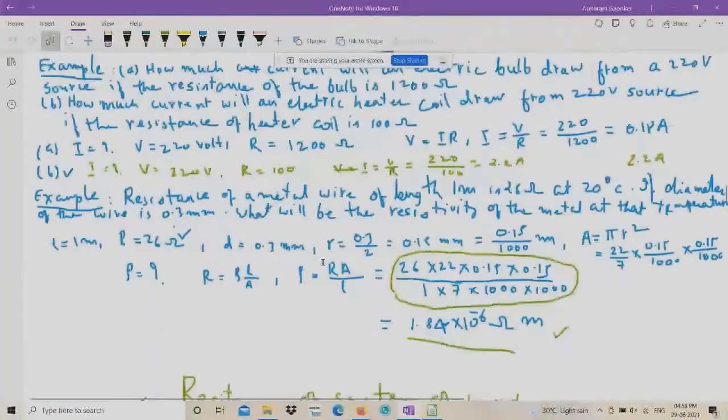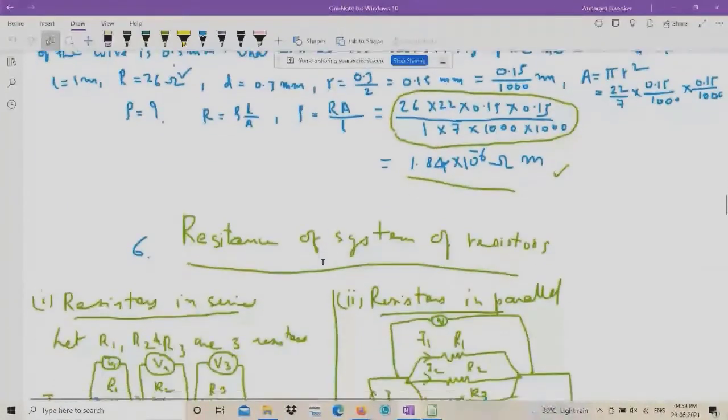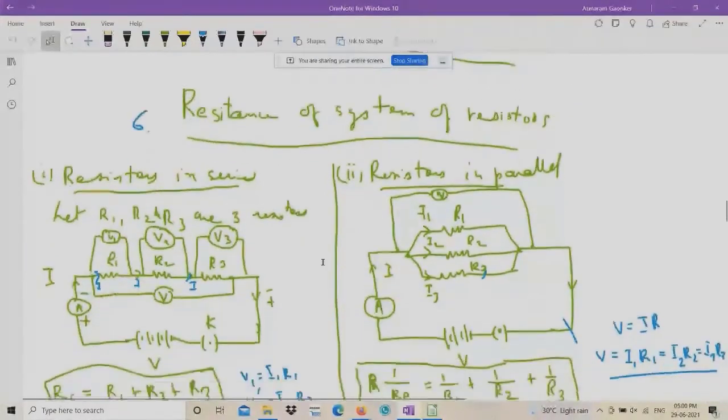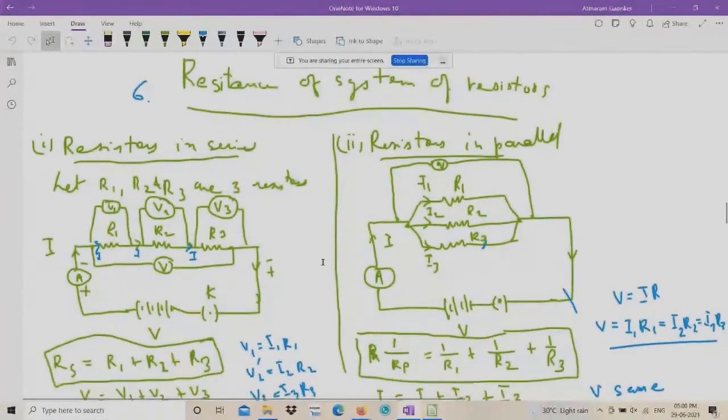Here we have to understand this very important concept, that is resistance of systems. There are two resistance systems. One is called series resistance system, another one is called parallel resistance system. Listen carefully to this and only know this much information, nothing much, and directly go on to solving more and more questions based on this theory. And this is very simple, don't get confused. Those who have not tried, start trying this from today. So let us discuss resistors in series.